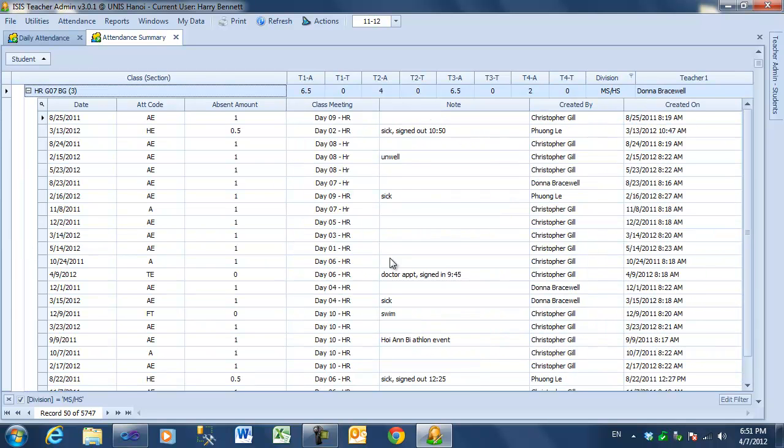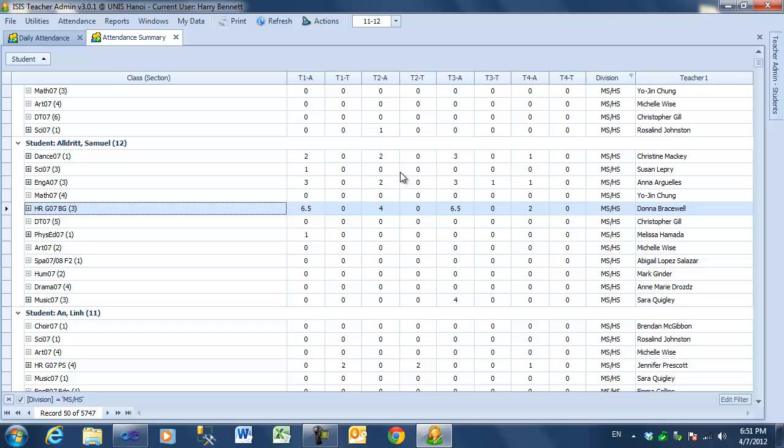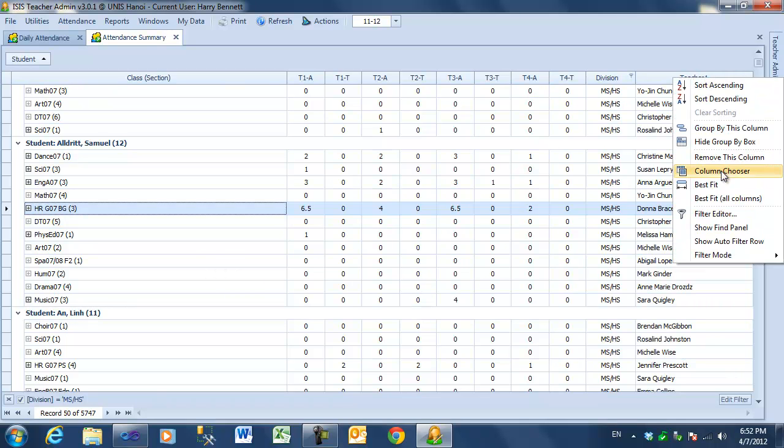We can see all the details, and we get subtotals accordingly. Again, because this involves multiple divisions, these headings are generic. Term 1, absence, tardies. For the elementary school, in this case, only Term 1 and Term 2 have meaning, while for the middle school, high school, each of the terms represents a quarter. There is additional column information available